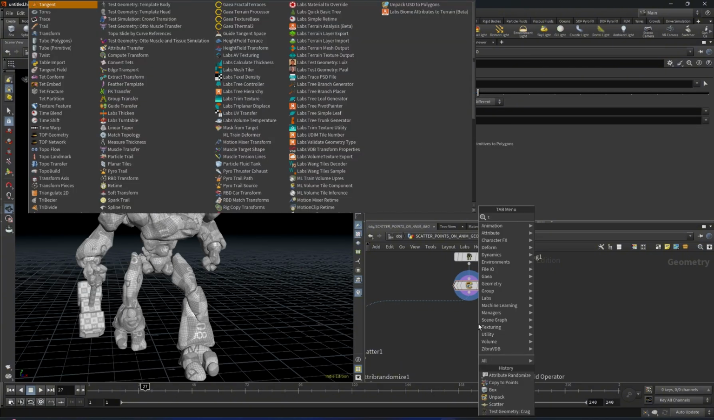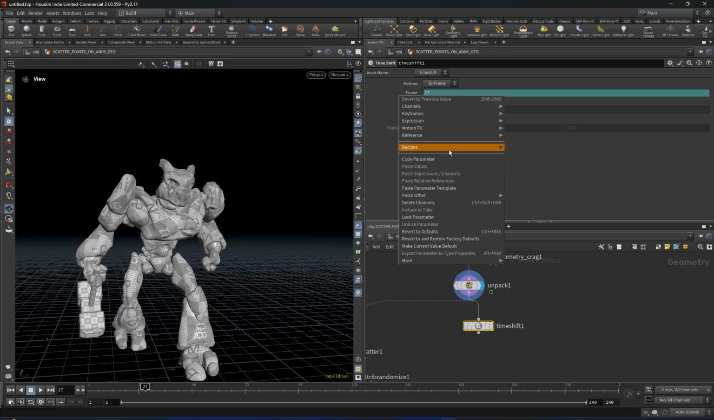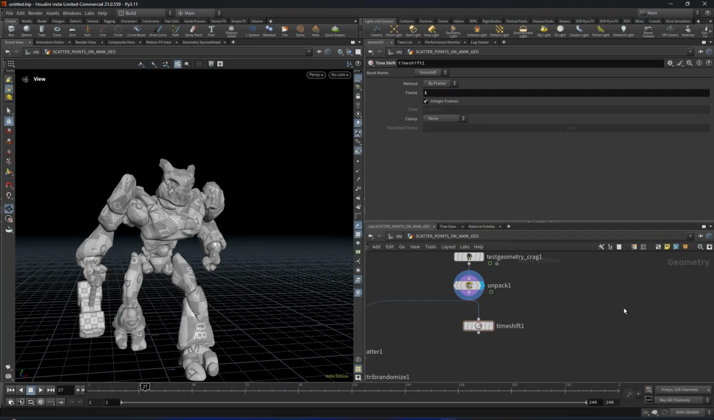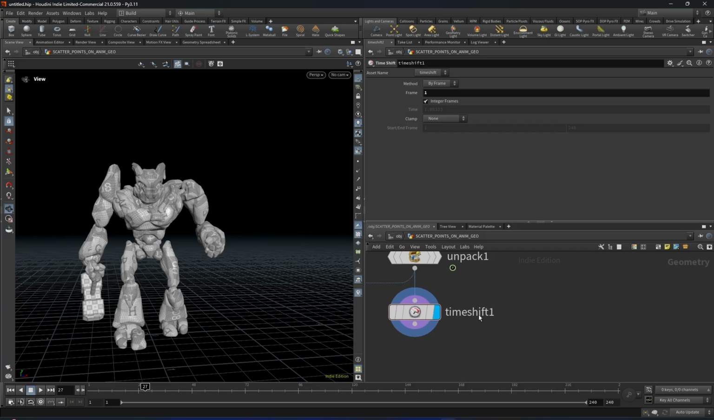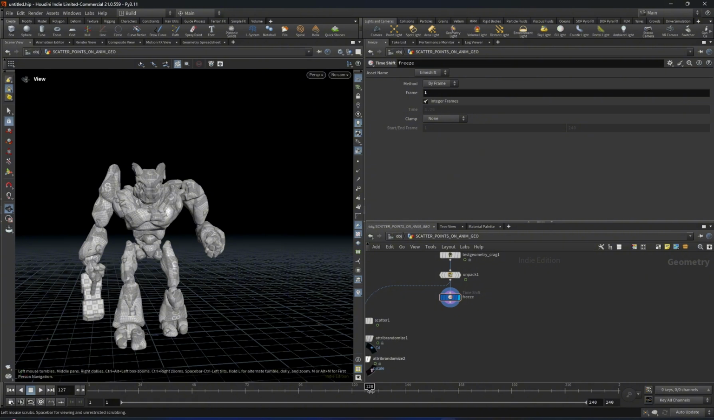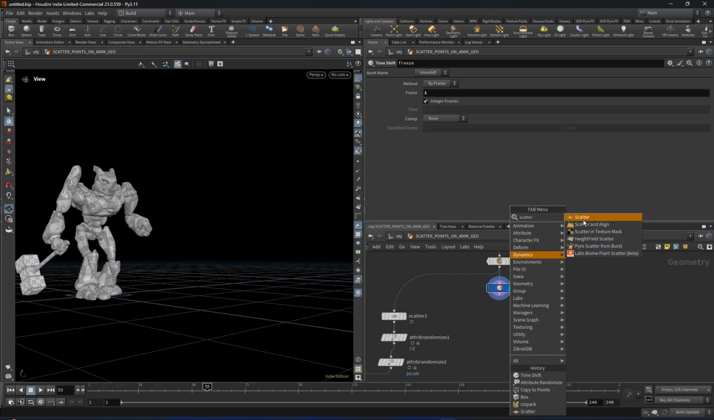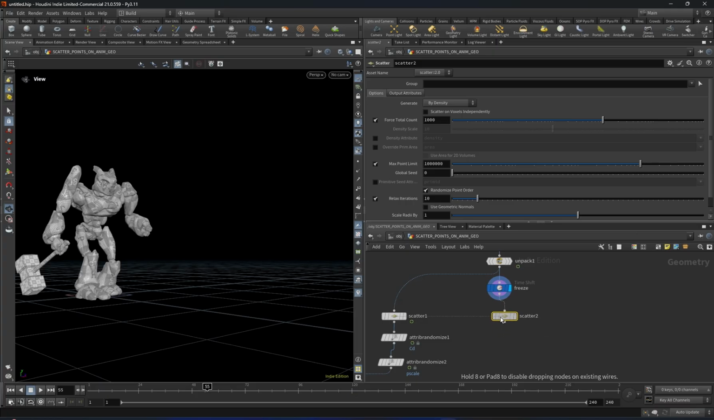After unpacking, I will just use a time shift and I will delete this and I will freeze just the first frame. Name it freeze. Because it's frozen, it won't actually move in the timeline. I will scatter these points again on it,